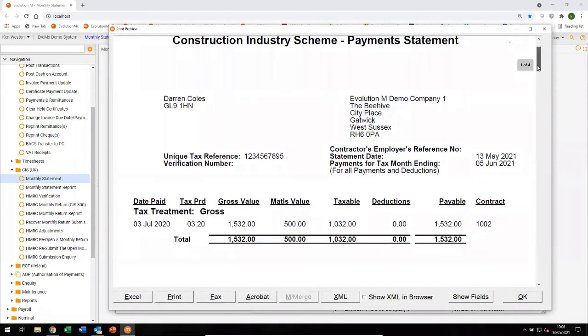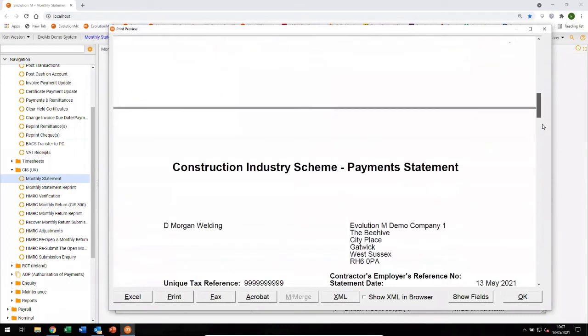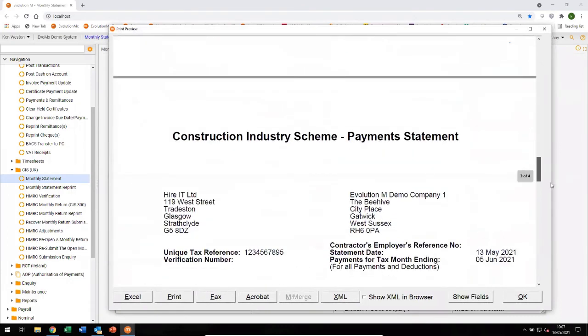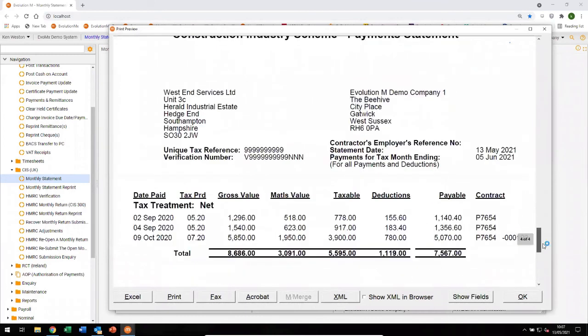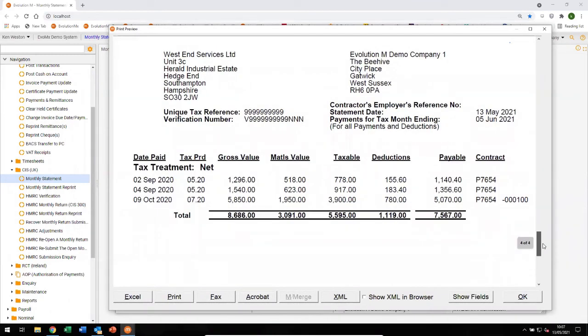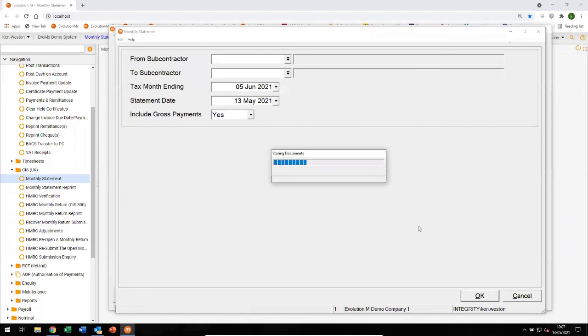That's a gross paid subbie, so they're not going to necessarily have any deductions there. In fact, the first 2 or 3 are gross. I think my 4th one there has got net on it. So it shows you the different engagements for that particular subbie with what's paid and what's being deducted. Okay, and those can be sent off, produced, emailed,